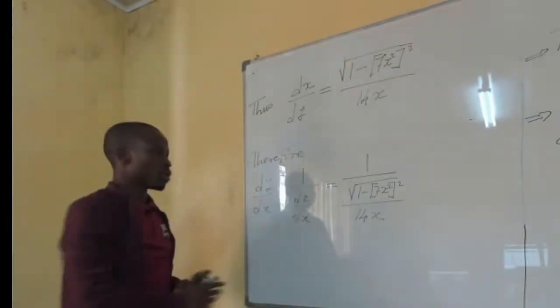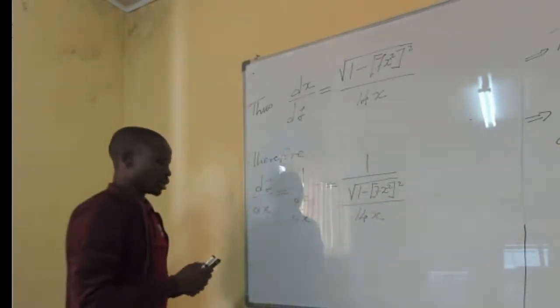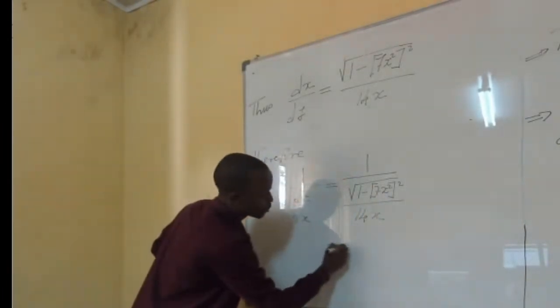Okay, now 1 divided by this quotient is going to give us 14x